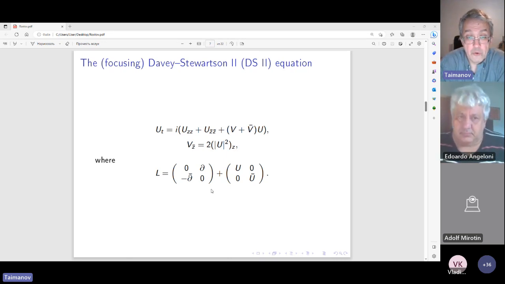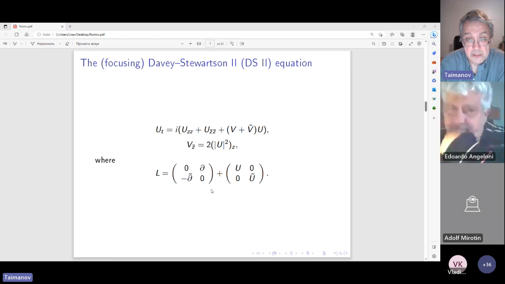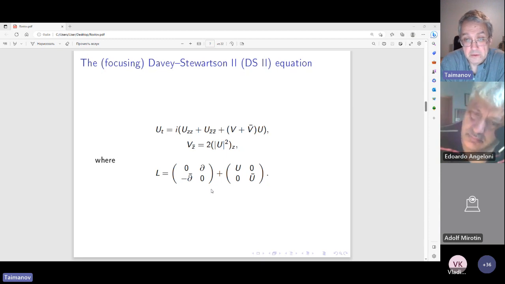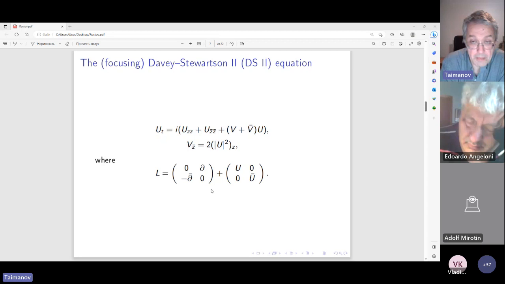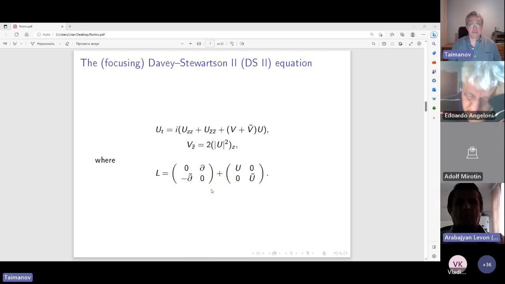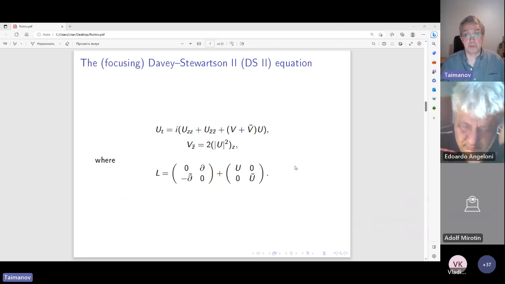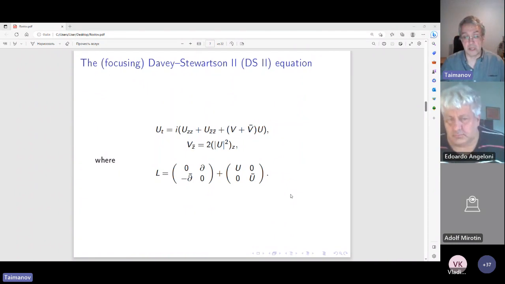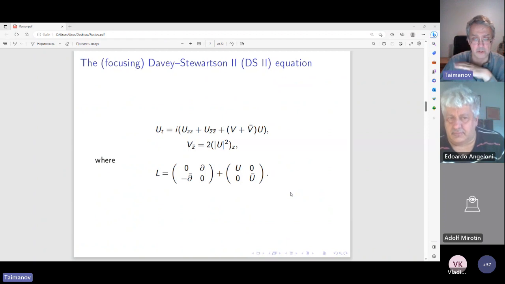It has the following form, which is written on this page: u_t equals i times (u_zz plus u_z̄z̄ plus (v plus v̄) times u), with this constraint v_z̄ equals the derivative of modulus u squared over z. So it appears, but its triple representation was found later, not by Davey and Stewartson, because they were not looking for